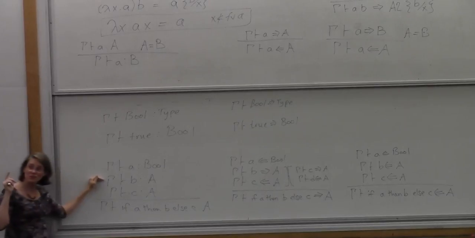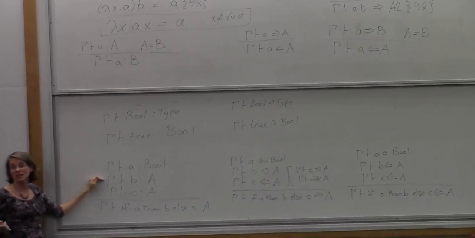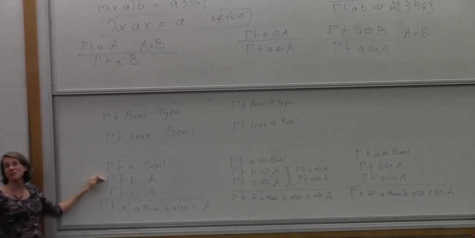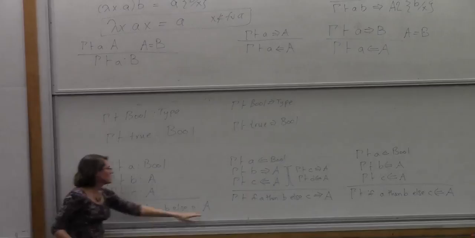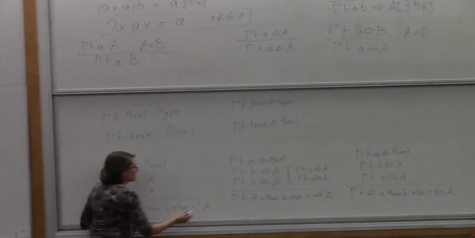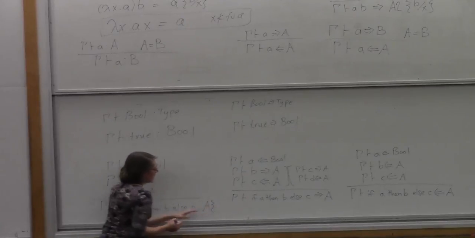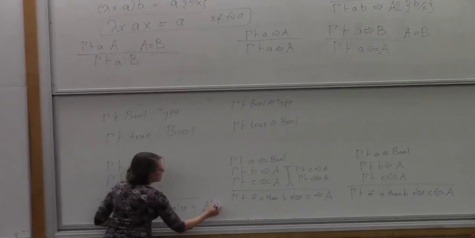I could substitute. I can use substitution, right? Because substitution is really talking about equality, right? When you substitute one thing for something else, you're saying these two things are equal to each other, right? What if I say, instead of writing A down here, we have some type A, and somewhere in that type,